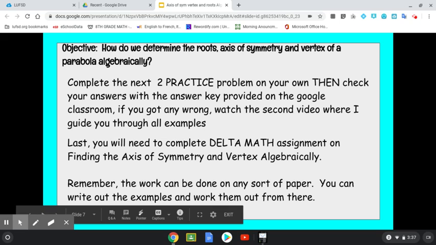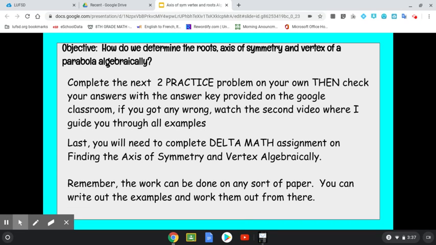So what you're going to do is just complete the next 2 practice problems on your own. Check your answers with an answer key that I provide on the Google Classroom. If you get any wrong, just watch the second video where I guide you through it again. Last, you're going to need to complete the Delta Math assignment on finding the axis of symmetry and the vertex algebraically. I think I only gave you like 4 problems, maybe 6, but please make sure you get that done. And just remember, you could do your work on any sort of paper,